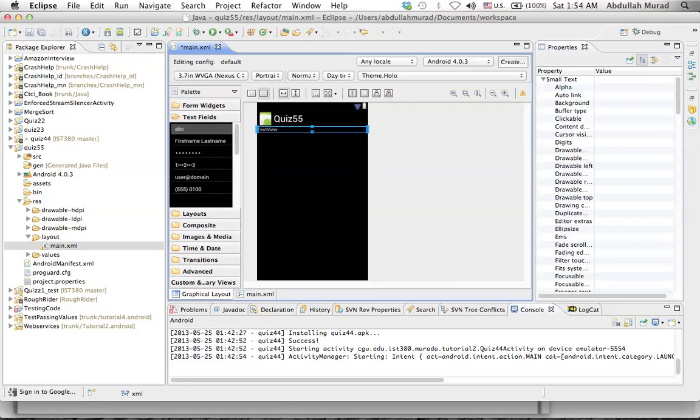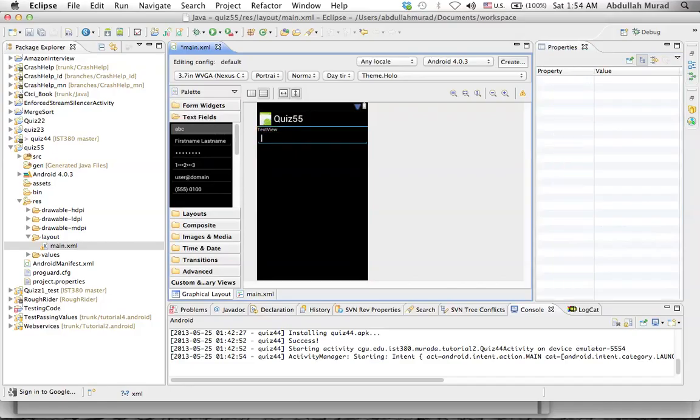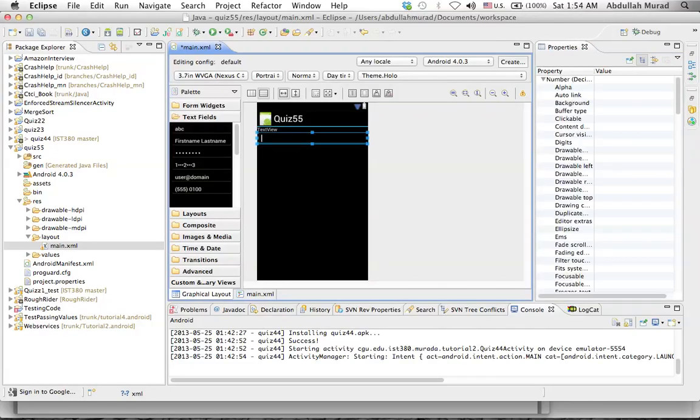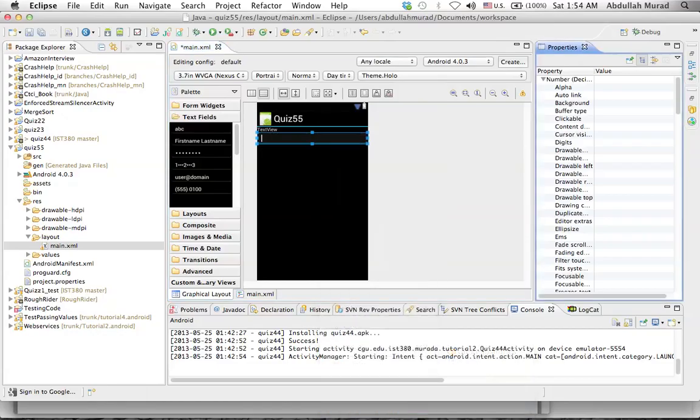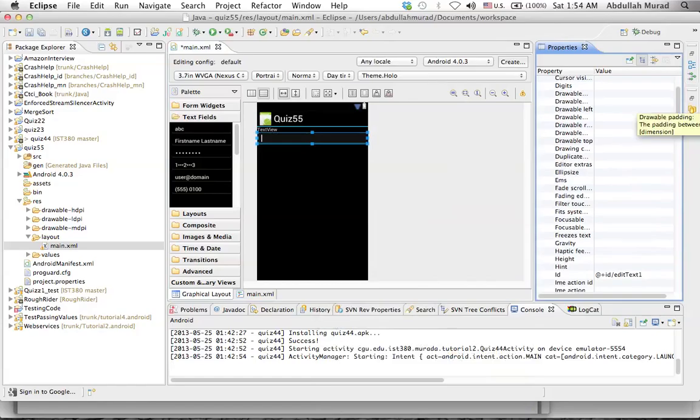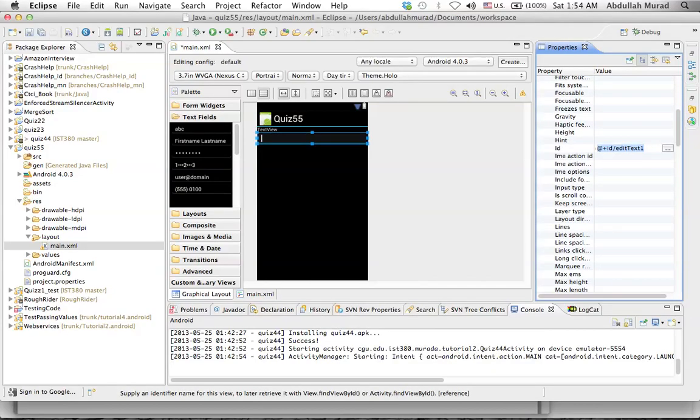I'm gonna have an edit text, just gonna drag and drop, and again in the same way you notice that I already docked the properties here, but if you don't have it, just right click on it and again it would show up here. And we need to change the ID as well. So this is an edit text, just highlight the part here, don't do anything because this would add the ID. So I'm just gonna change the name of that ID. So I'm gonna change it to answer text,